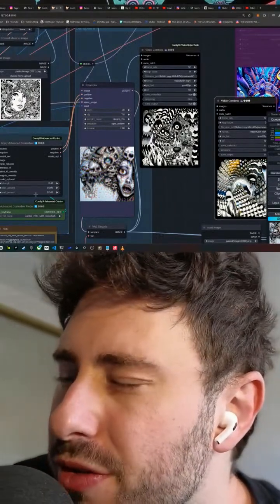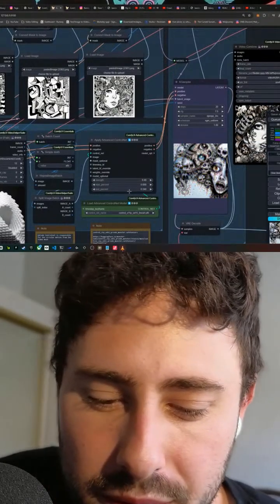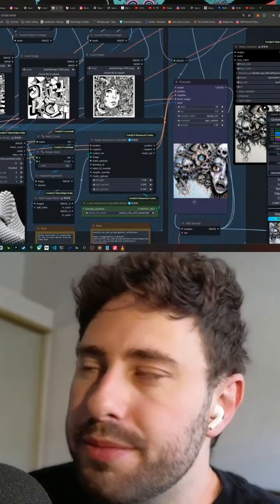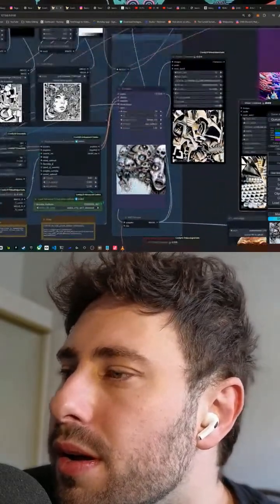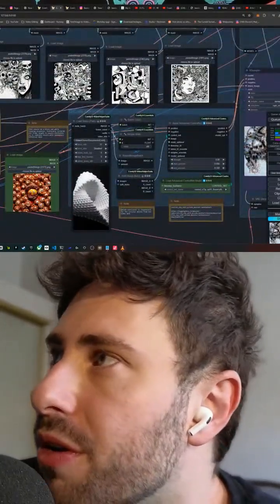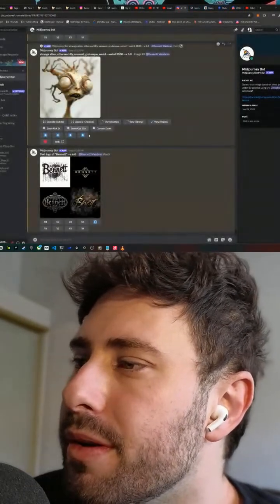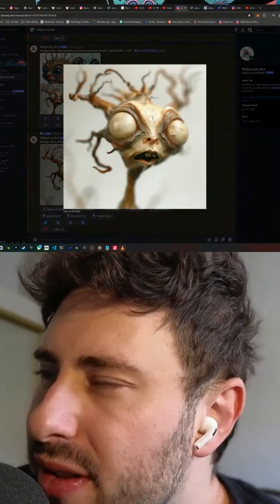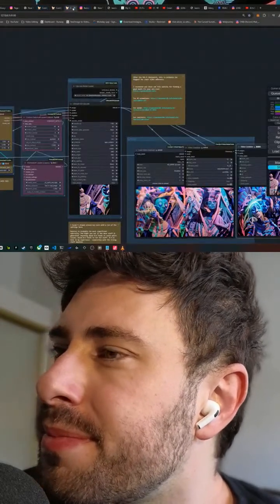The checkpoint that I'm using is called Realism by Stable Yogi. Trying to think of where to go from here, folks. Let's play with this weird abstract alien we made earlier today.